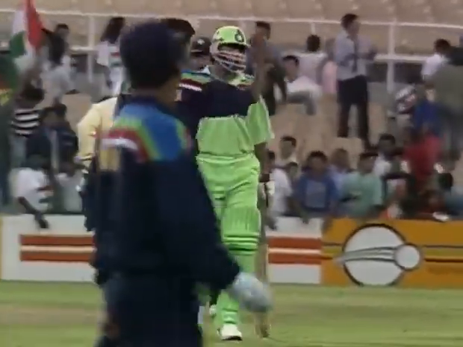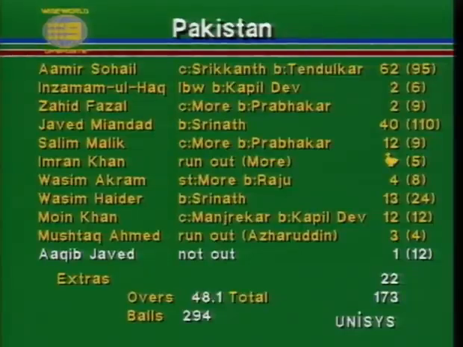That was a very good performance from India. They deserved the win. They outplayed Pakistan, and this is the way the final card looked in the Pakistan innings. 173 all out. Amir Sohail 62 and Javed Miandad 40, the only ones really to come to terms with the Indian bowling. Their partnership was 88, but it took them 151 balls, which gives you a real good idea of just how difficult it was.